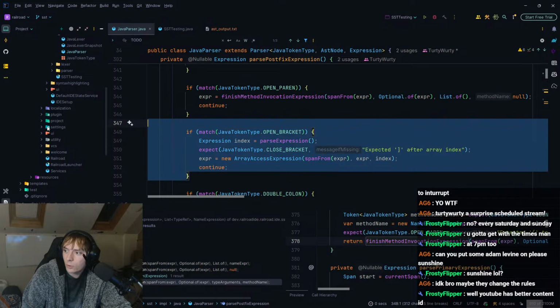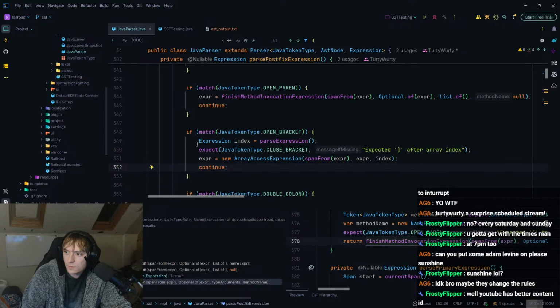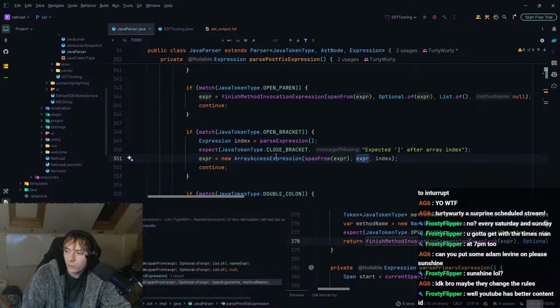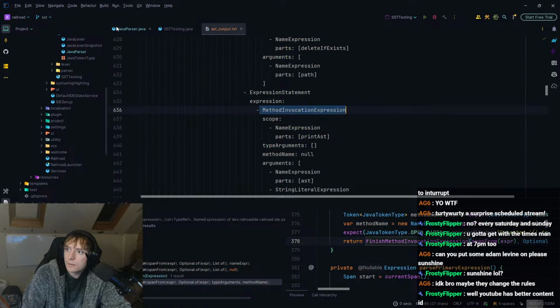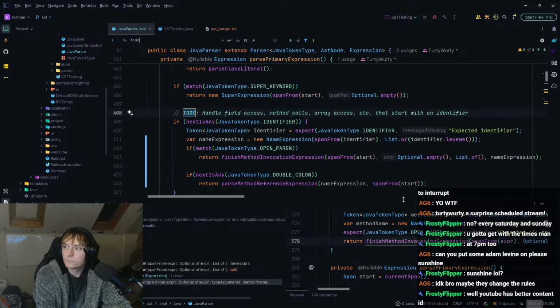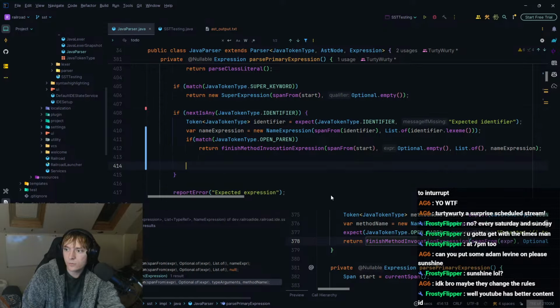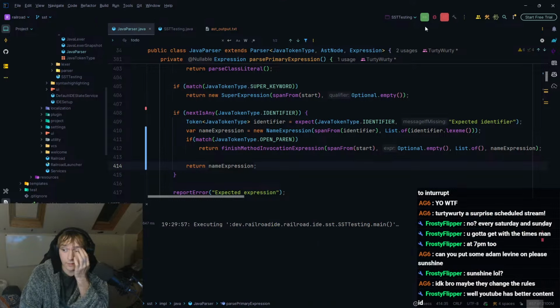And I don't need to do open brackets because that's done there. Oh no, maybe I do. Oh no, no, I don't. So it is actually just this one. And basically else, we just want to return the name expression. And I think that basically should solve it.